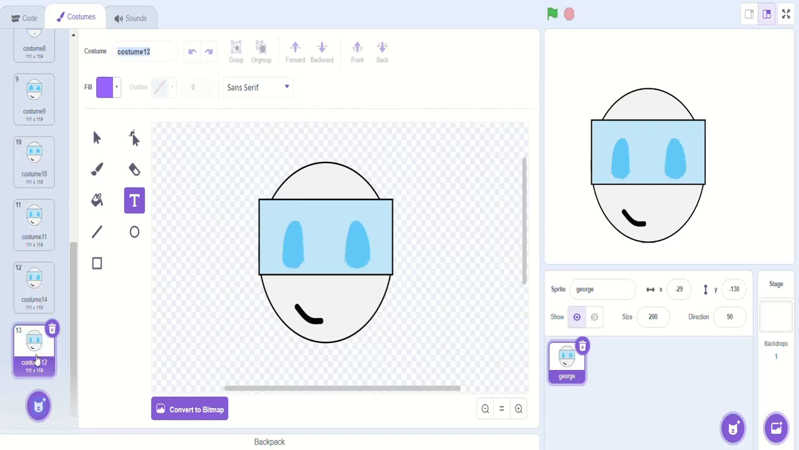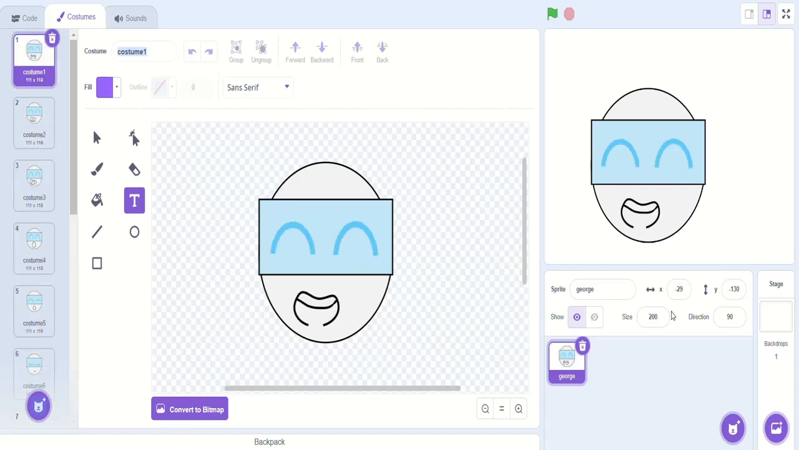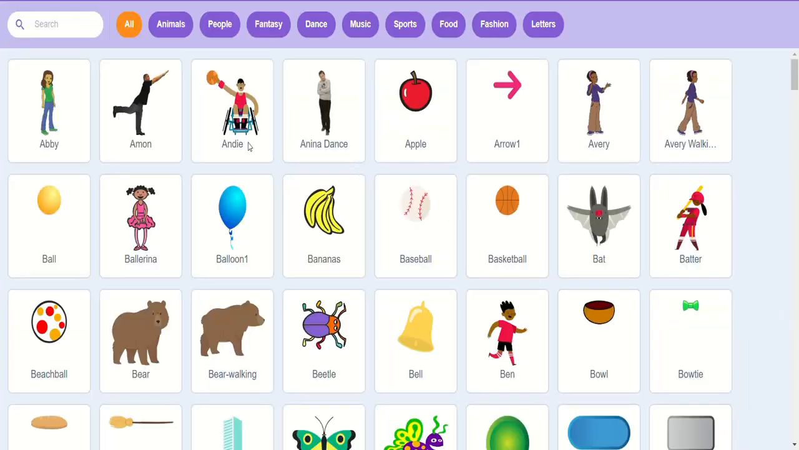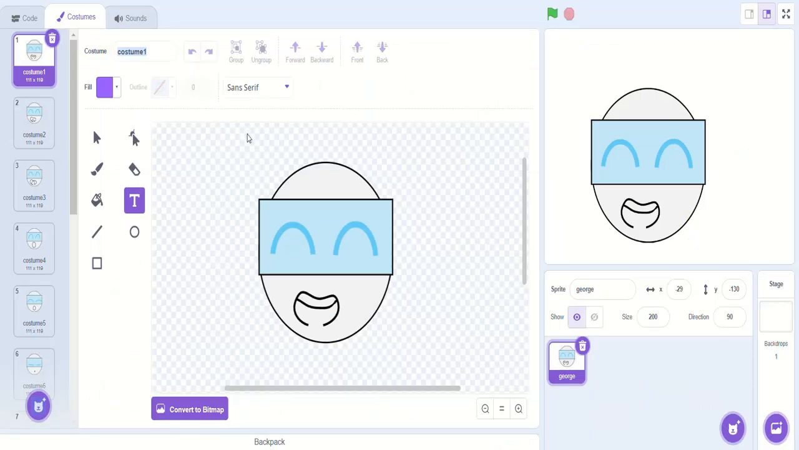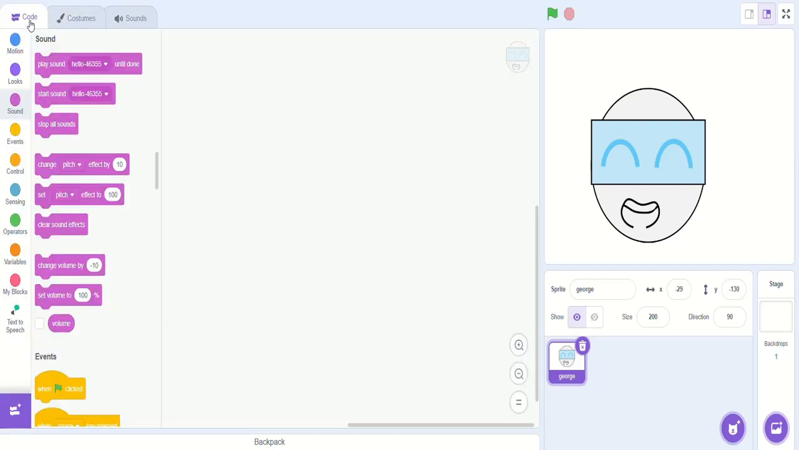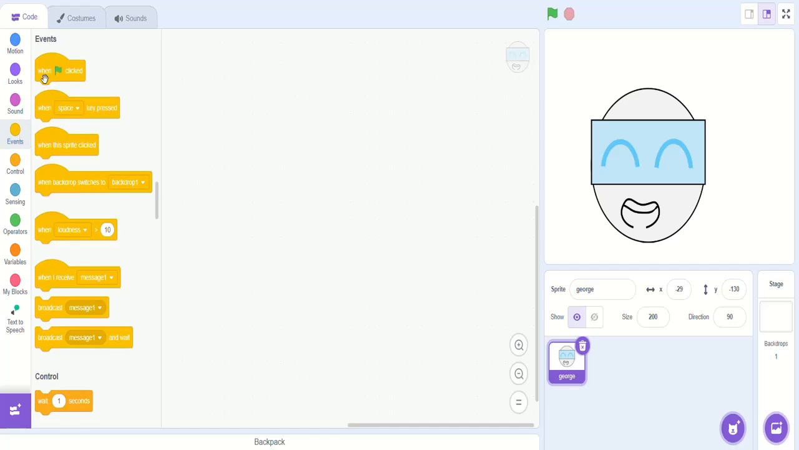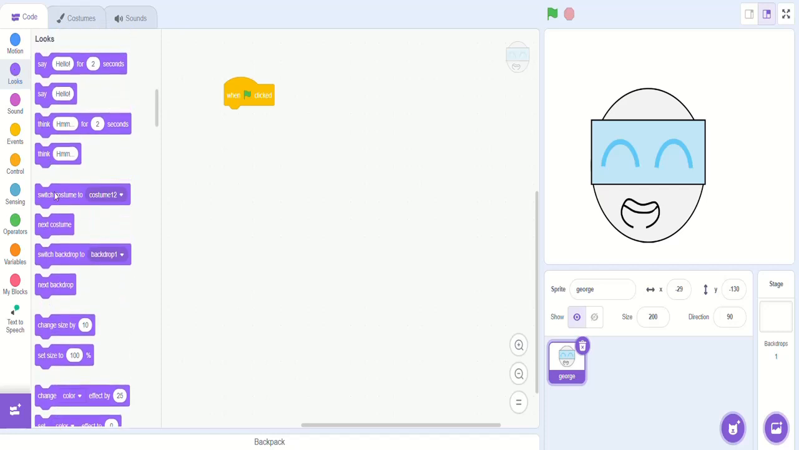you could do something else like simply going to choose a sprite and getting a random sprite. Now, you're probably wondering, how do we do decoding? Well, it's surprisingly easy. Elementary level, really. You put this block when flag clicked and you go to looks, next costume, you go to